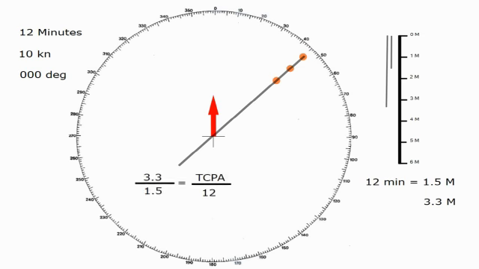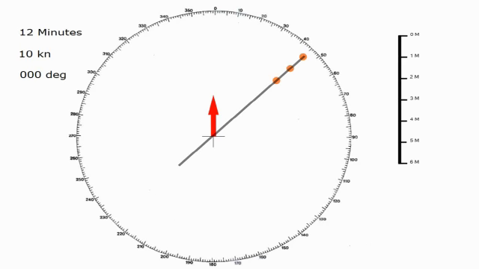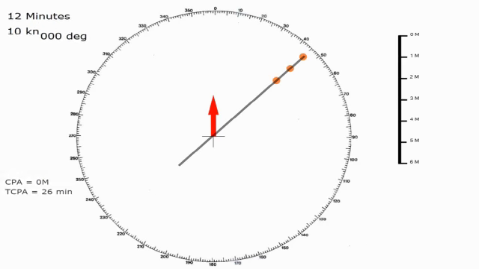And we simply lay it out like this. All we do is move the 12 to the other side, simple algebra here, to find the time to the closest point of approach, and running that through the calculator, rounding off to the nearest minute, we get 26 minutes. We can start writing these down the side. So our CPA, as we've